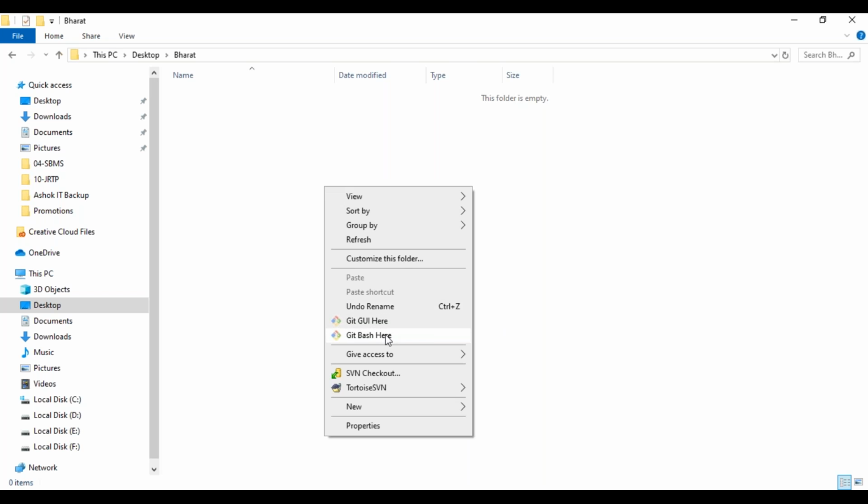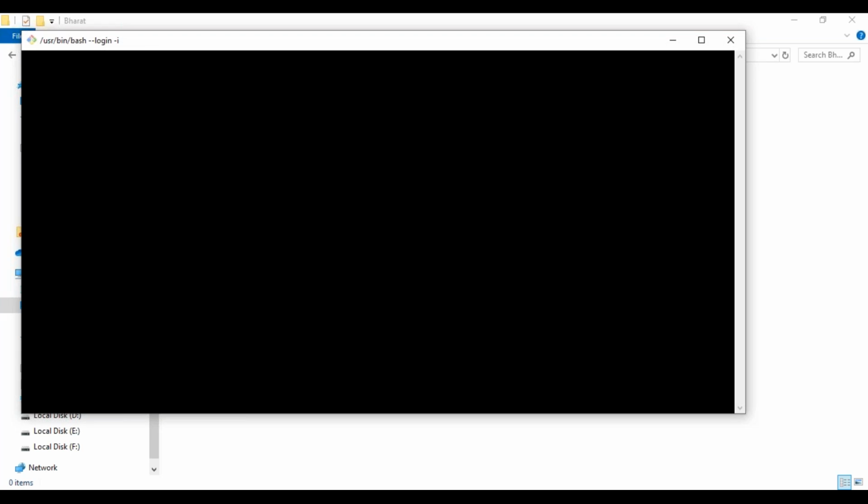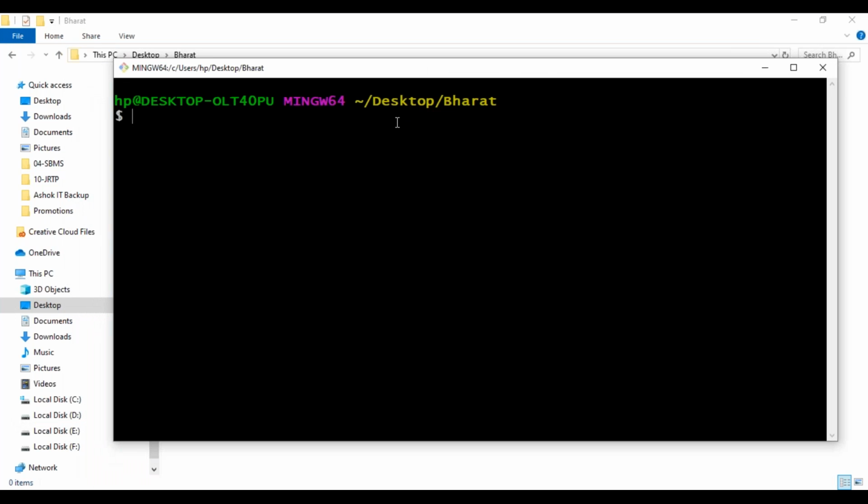He will open git bash. In the SVN terminology it is checkout. In the Git terminology it is called clone. So what is the command for taking the repository to local system? What is the command that I need to use to clone? Can you tell me the syntax of the clone command?